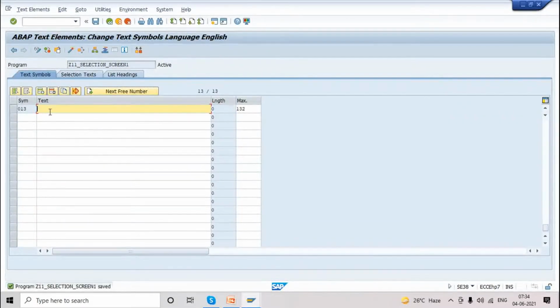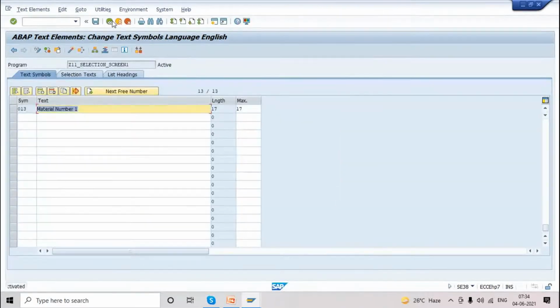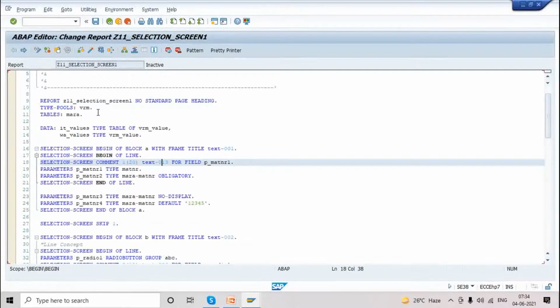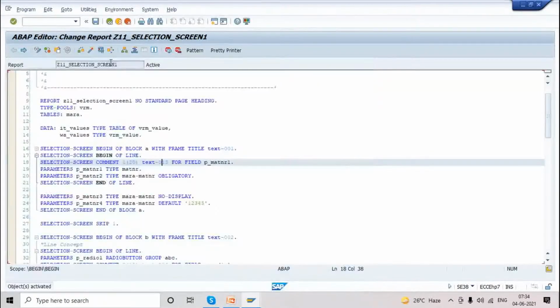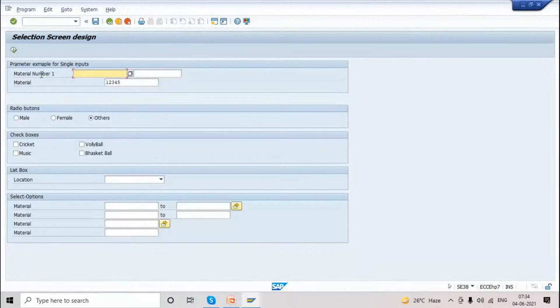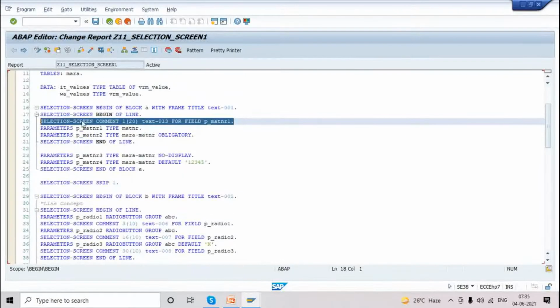We have to write our own text: Material number 1. Activate this. Format the code. Activate the program. Execute. Now you can see material number 1 first input, and the second input is also there. After adding the text, it will show the second text and second input field also. Just copying this setup.